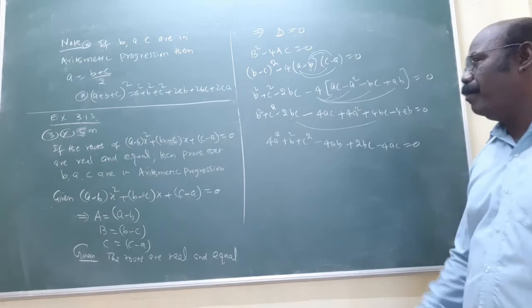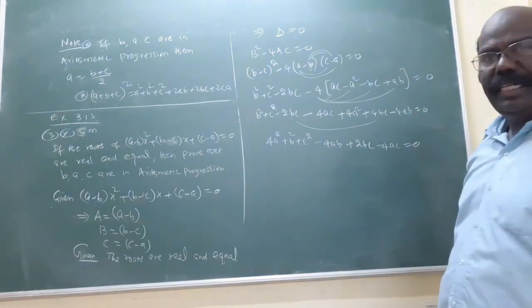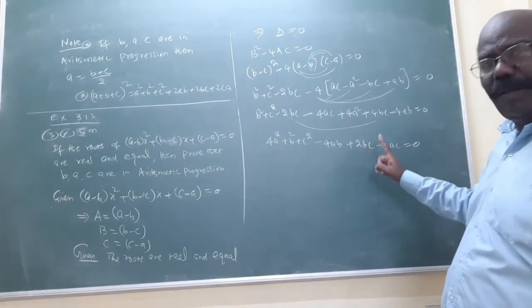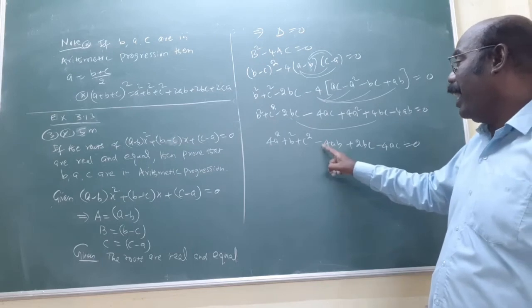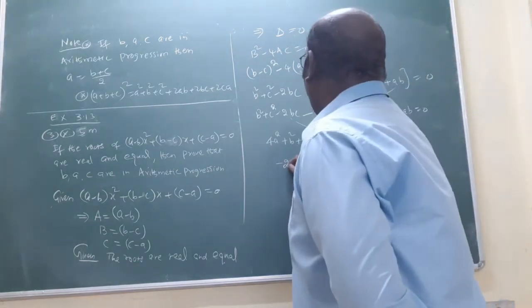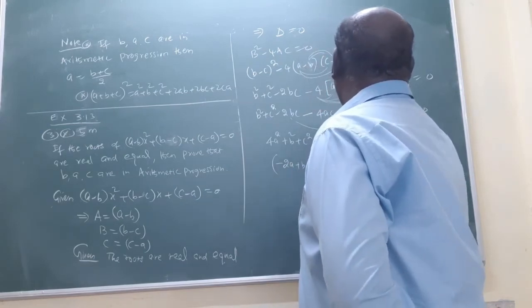Now in this form, a square plus b square plus c square plus 2ab plus 2bc plus 2ac, in this way. Am I right? So in 2bc, b term and c term are only positive terms, but here the a is only a negative term. So combined together, (minus 2a plus b plus c) whole square equal to 0.